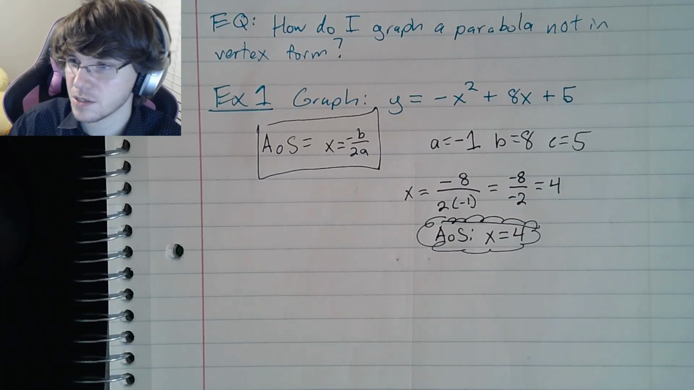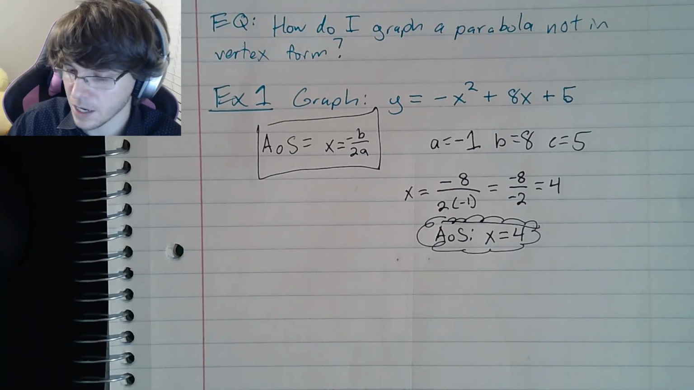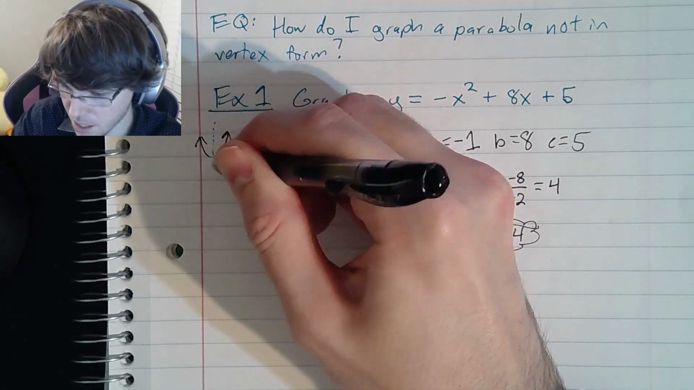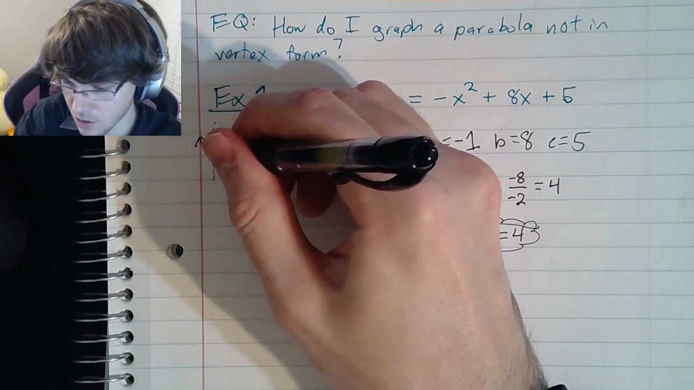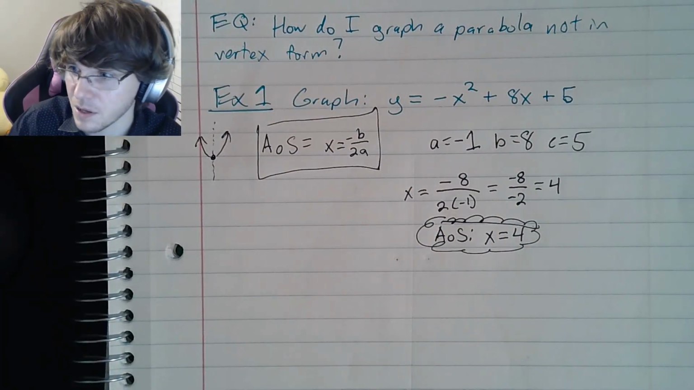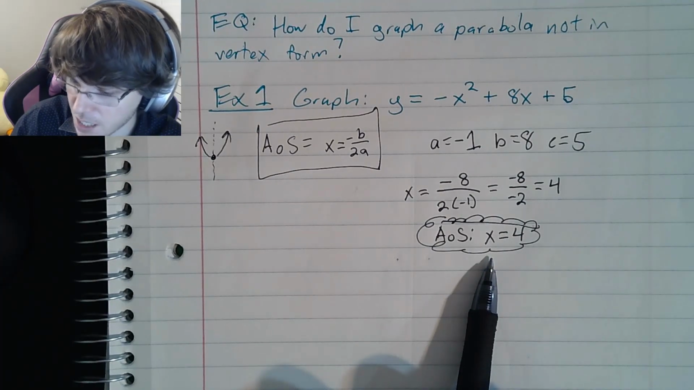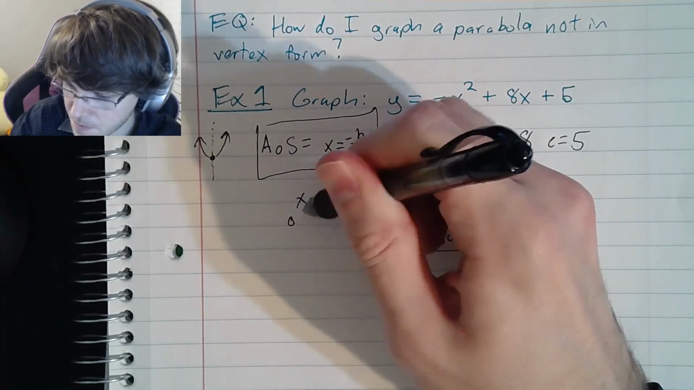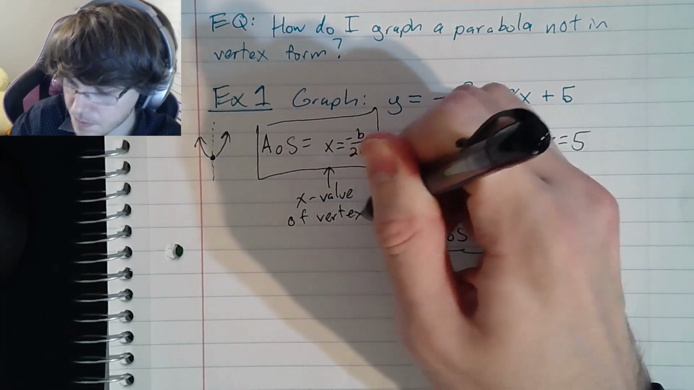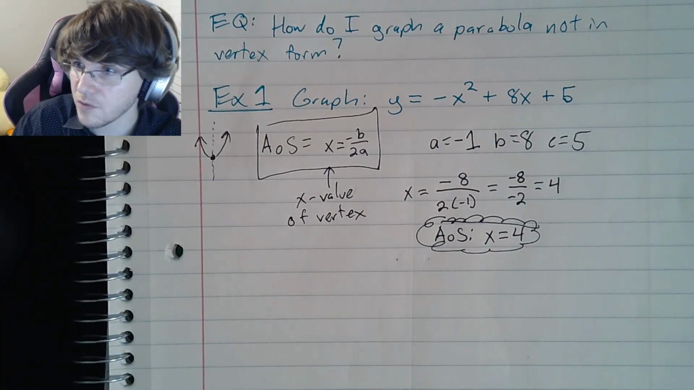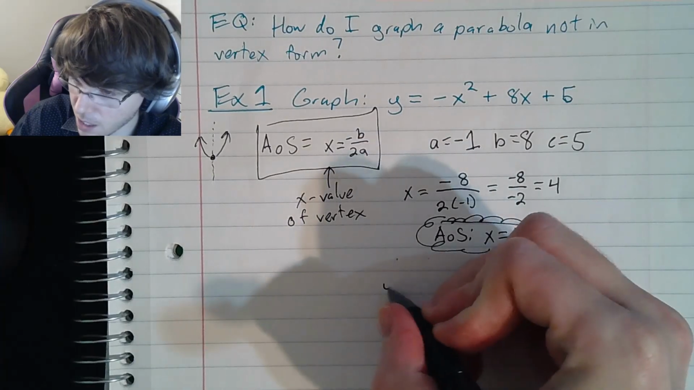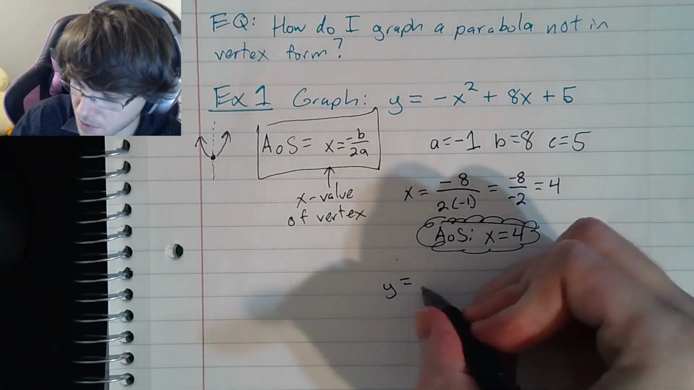So the axis of symmetry has a special thing about it. I kind of drew it off to the side. I'm going to draw one more time what we just found. We found this dotted line that goes through. If you notice, that dotted line goes through the bottom of the parabola. That is automatically the x value of the vertex. So we can find the y value of the vertex pretty easily. All we have to do is make the x equal to 4, because that's what we found the axis of symmetry to be. So if we just make y equal, and we replace the x with a 4,